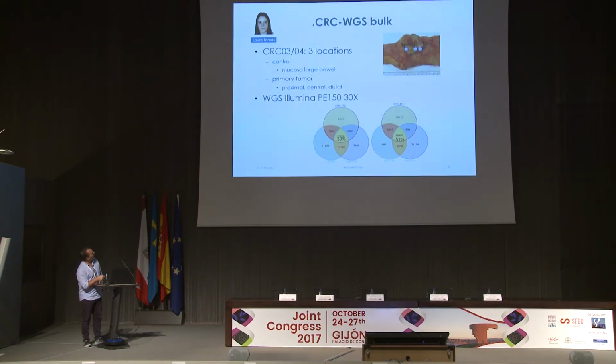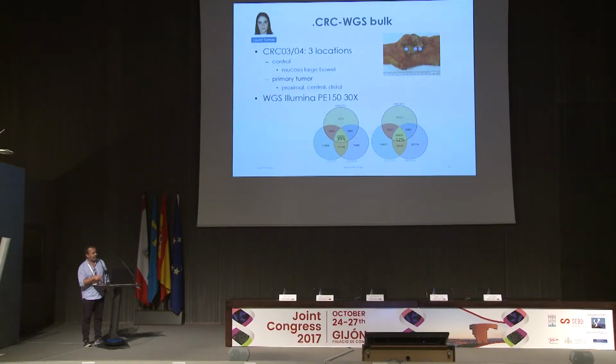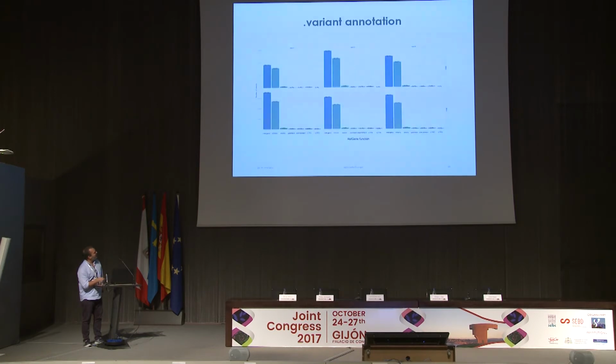Another study, here this is whole genomes. Okay? This is done by Laura in different locations in 2 patients. In this case, only 3. So basically, we just check the number of mutations. You can see that less than half, and in this case half of the mutations are shared among the regions. We are talking about hundreds of thousands of mutations that we are able to detect in these tumors. Okay, this is a special type of colorectal cancer, which is microsatellite instability, which have a lot of mutations. And that's good for us to apply our methods.